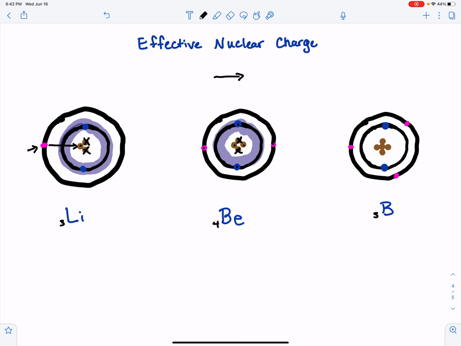Here's the deal. This parent, at any point of time, can be calling in that electron and this electron. It's not like one proton is designated to one electron. It's not like that. So at any point in time, both of those electrons can be pulled in by that proton as well as by this proton.